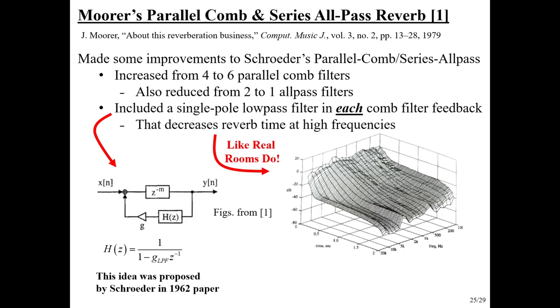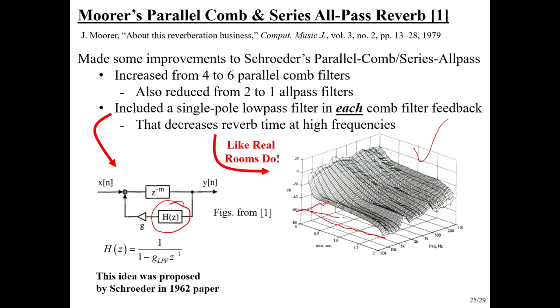Now, why did he do this low-pass filter? Well, that's a way to have the reverb time be different at different frequencies. So it actually decreases the reverb time at high frequencies. And remember, this is a plot for Boston Symphony Hall. If we were to draw a flat plane at the minus 60 dB level and see where that cuts through here, we would see that,